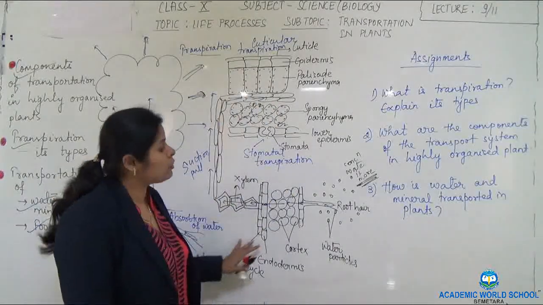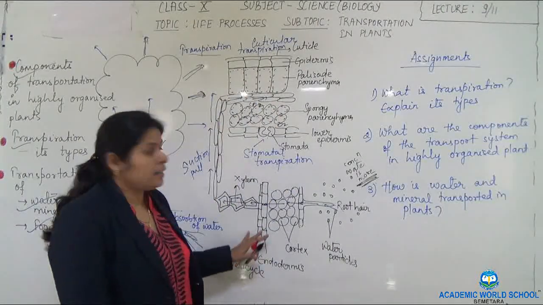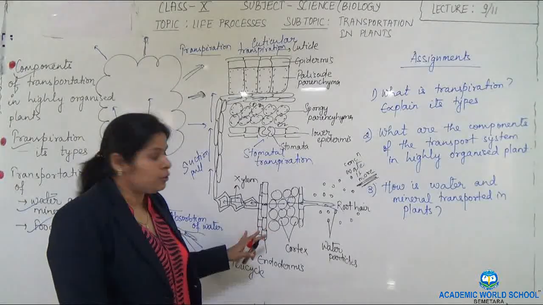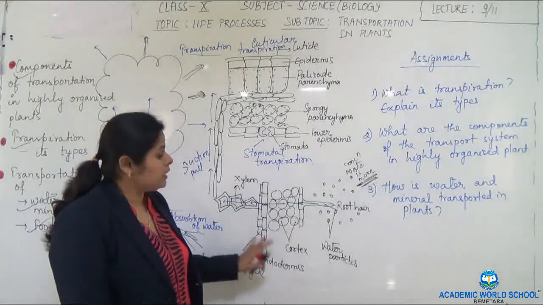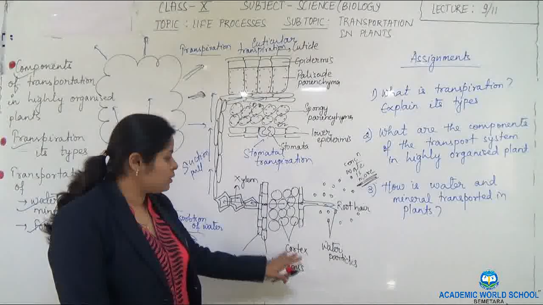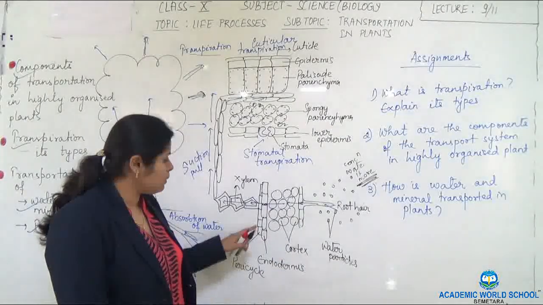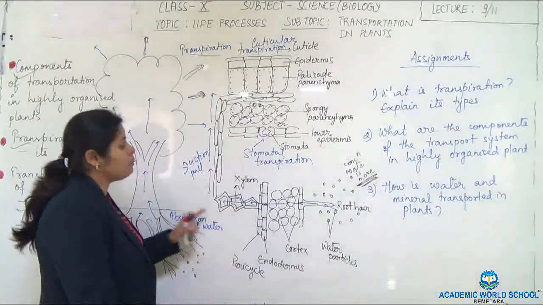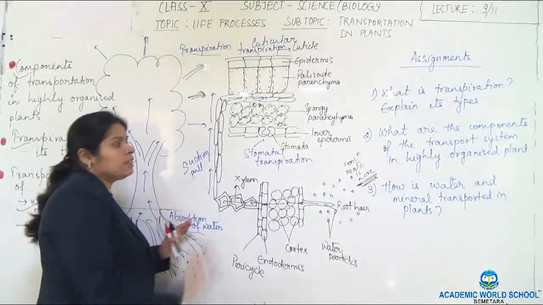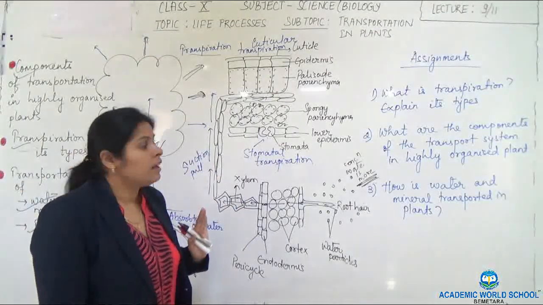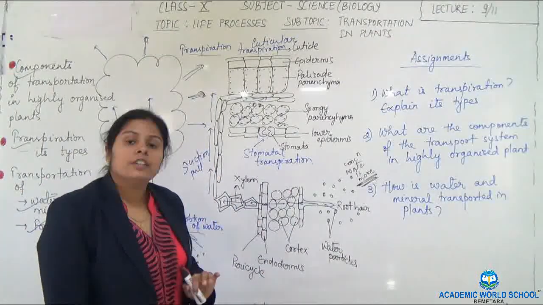Along with it, you will draw the diagram as well, so that the steps will be very clear to you. You have to draw the internal structure of the root as well, which shows the cortex, the endodermis and the pericycle. This is the xylem, and then this is the xylem of the stem. The diagram you also have to draw. Along with it, you will mention the 3 steps.